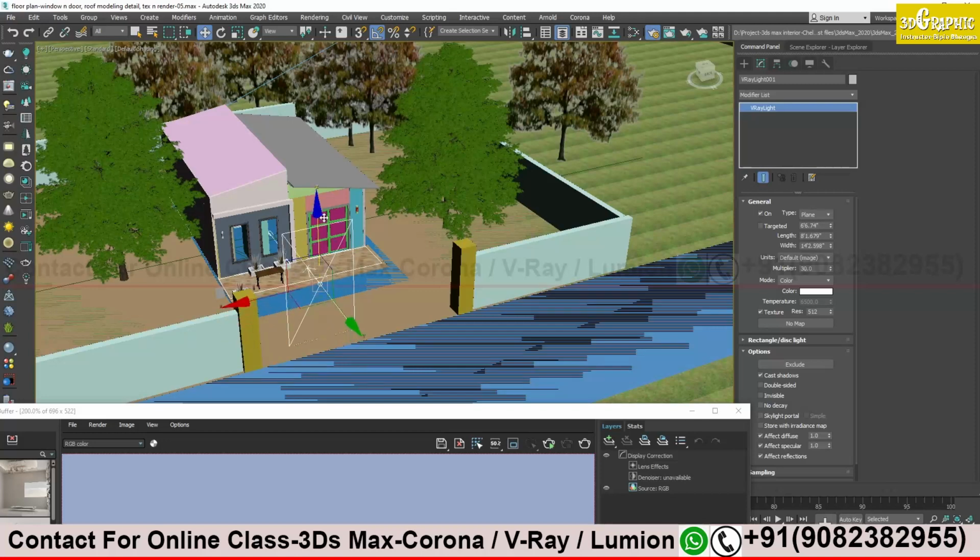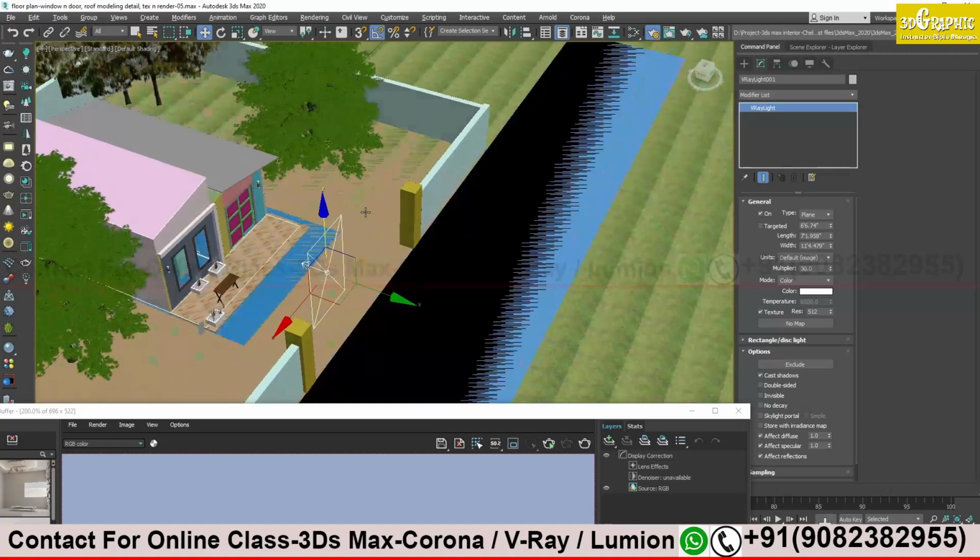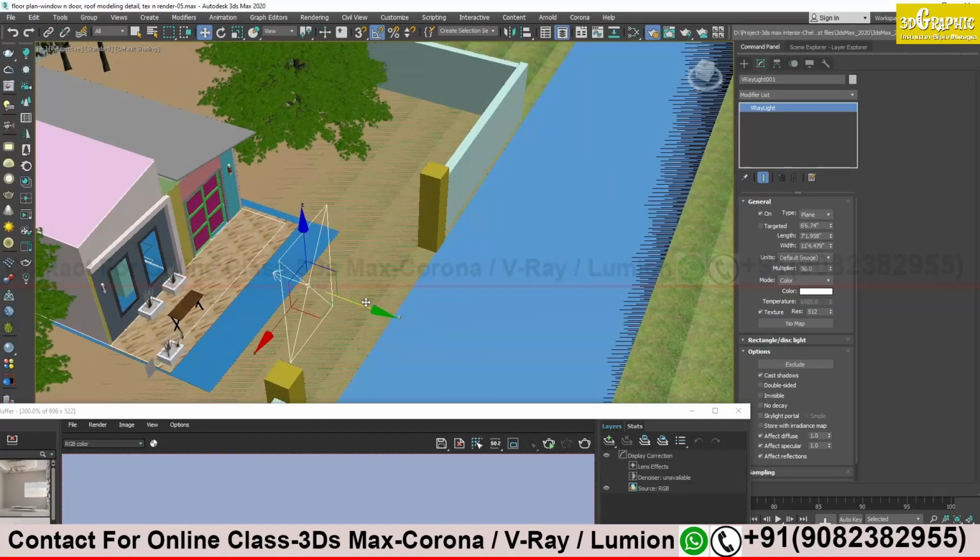I have to move this a little bit up from the ground. Let me take this a little nearer so that I can see the light effect.